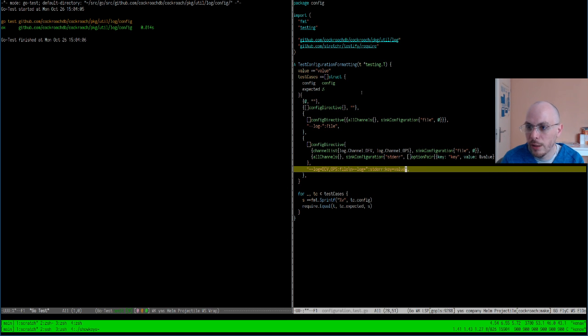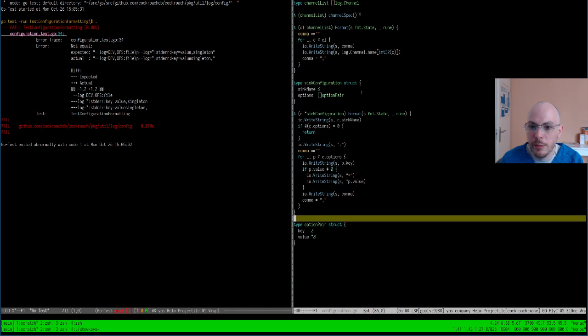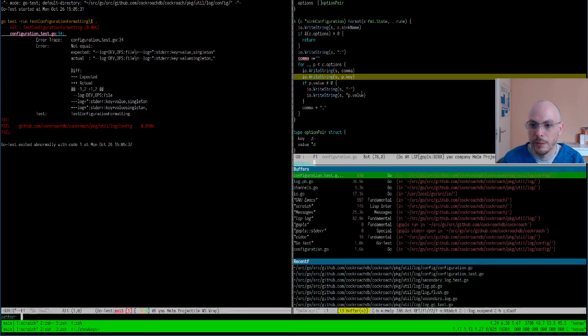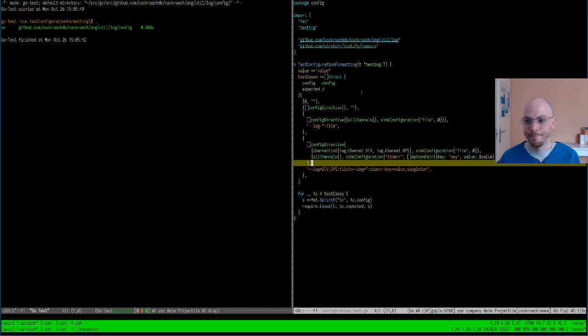Key is value, and it has a singleton argument. I made the same mistake with the comma here again. Comma is a separator, not a terminator. There we go. We have an abstract syntax for our configuration language.